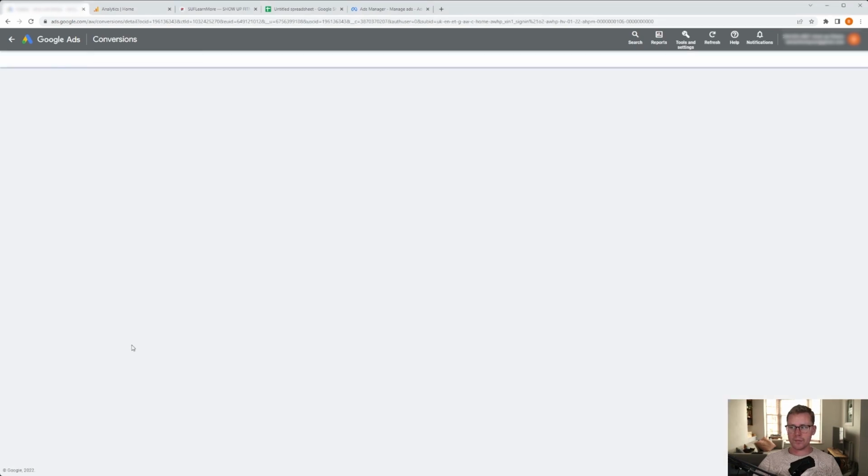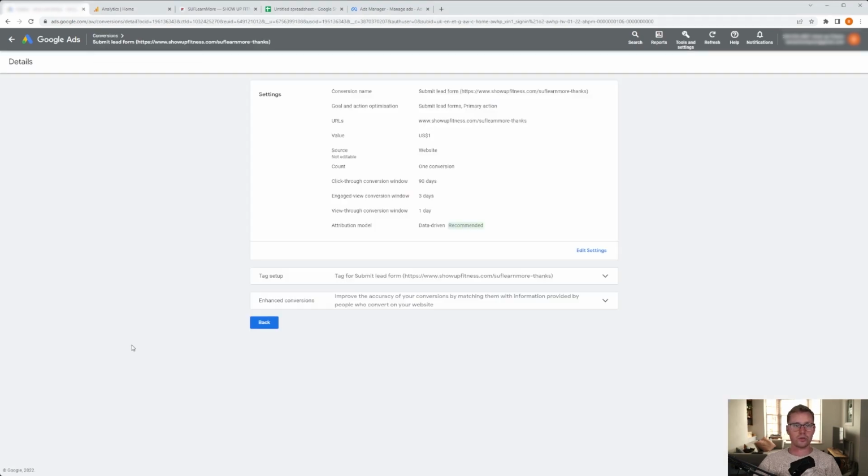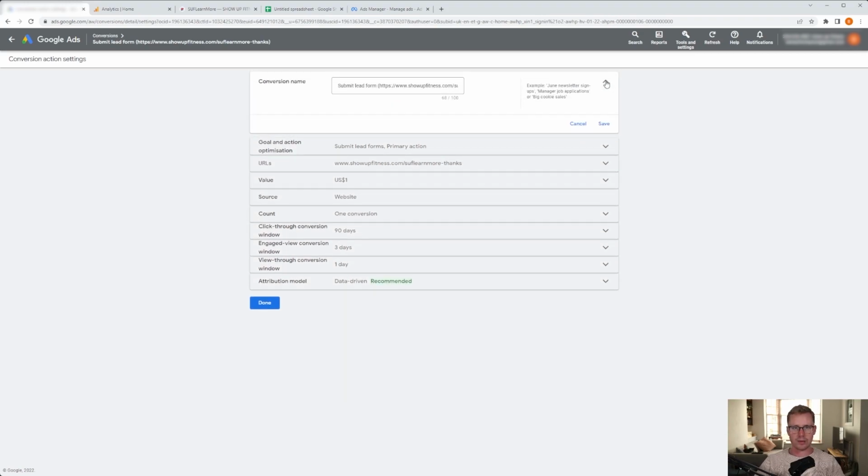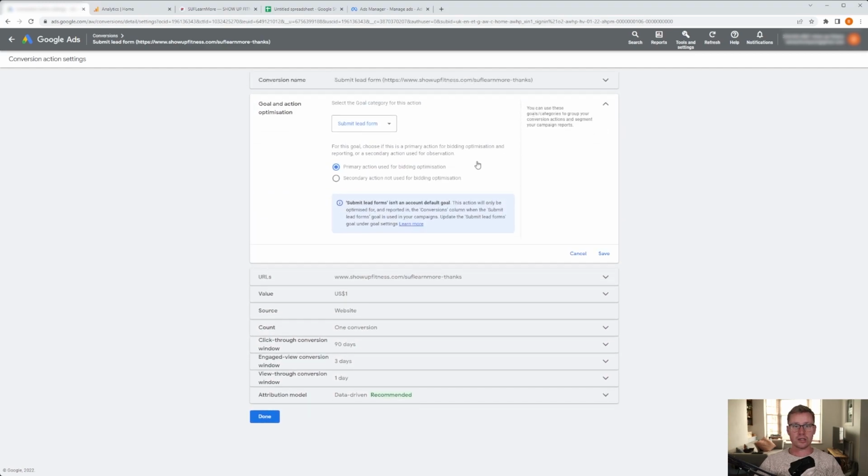So I'm going to click on it, open it up, and it's going to show you this screen. And the reason I'm going to edit this is because it creates the settings automatically when you do it this way, and I actually want to change some of these settings. So I've gone into the settings for this conversion and I'm going to click Edit Settings. This is where you are able to change the conversion name if you would like. You can come in here and just edit this, or you can change the goal category